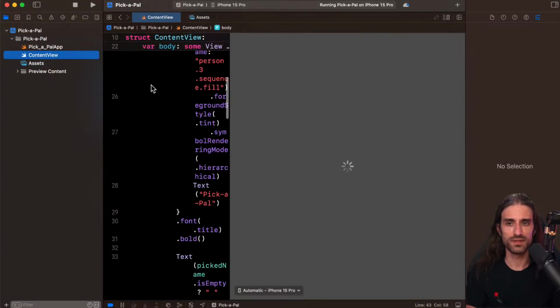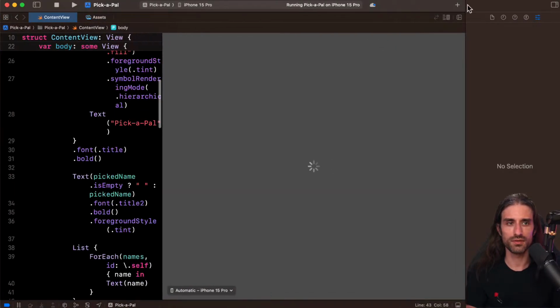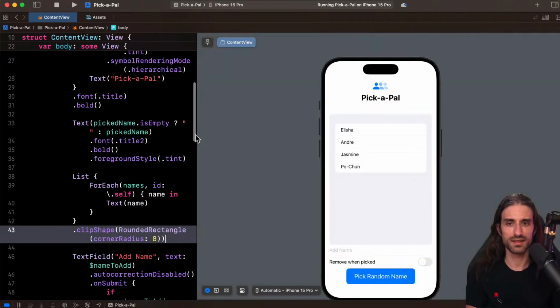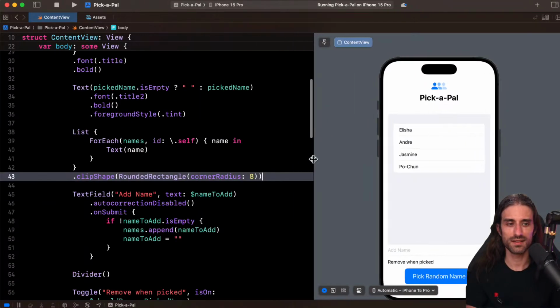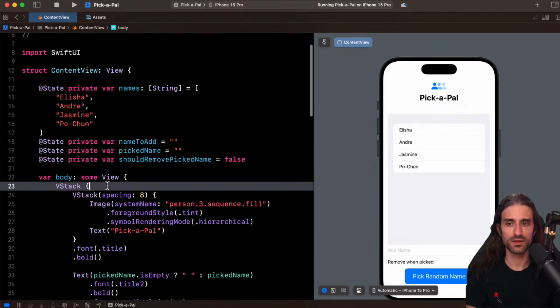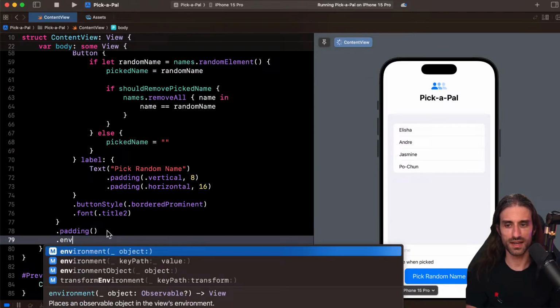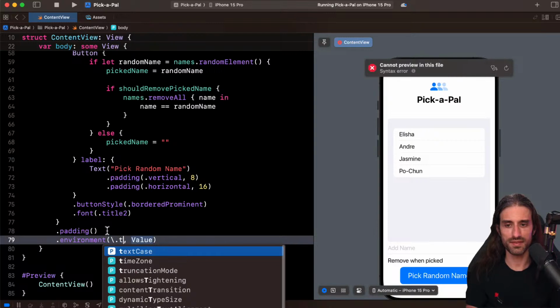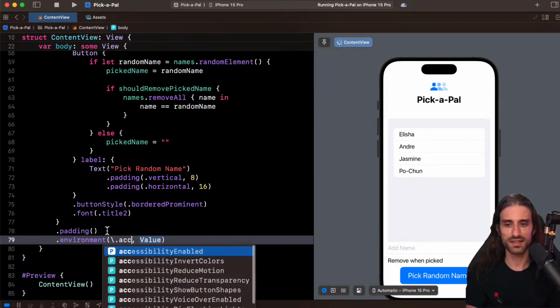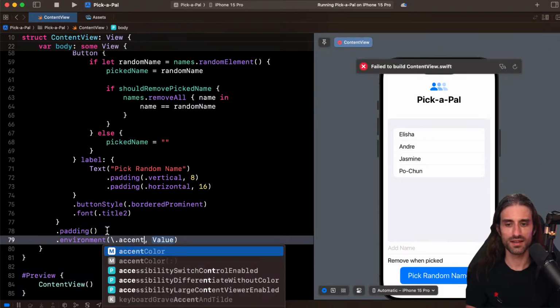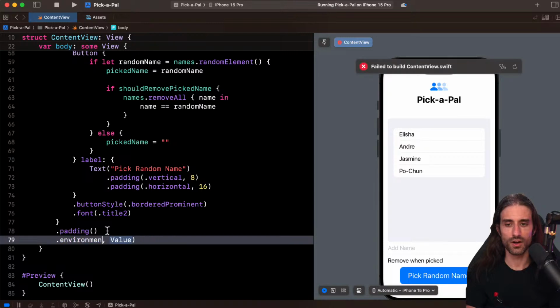And if I remember correctly, the way I would go about using it would be to go on the content view, and then on the VStack to inject, so to do something like environment, I think it's tint, no, or accent. Or maybe you just call the tint and then you say main.